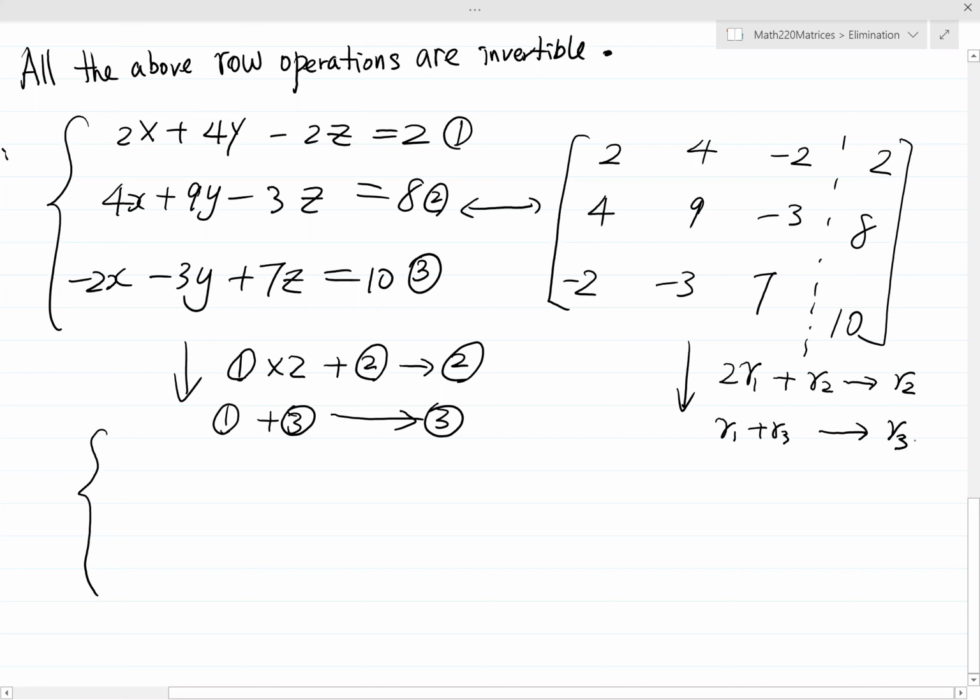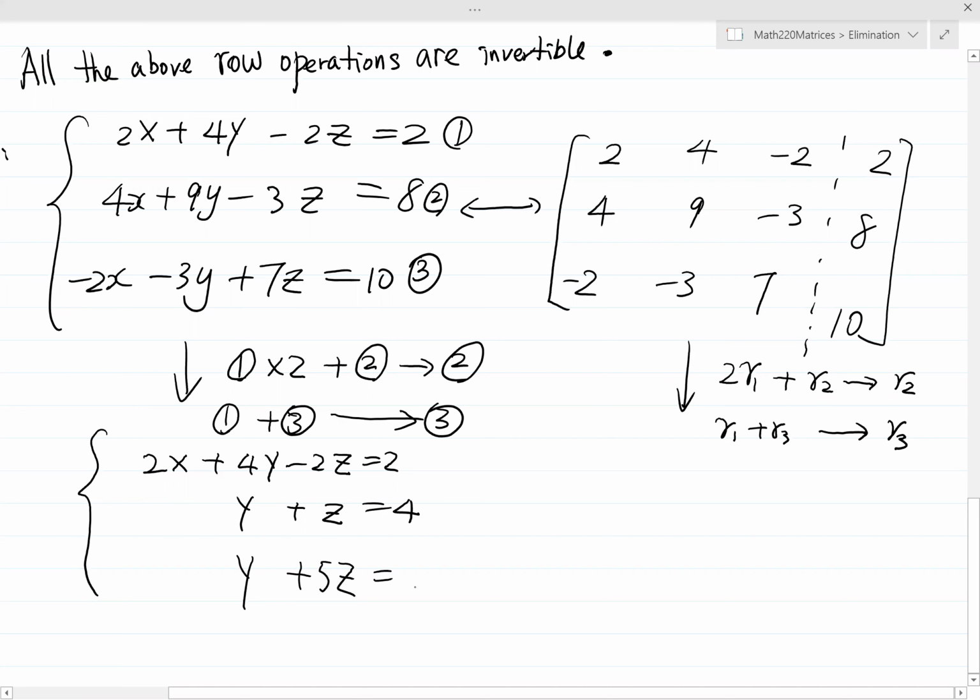So if you do that, you get 2x plus 4y. The first keep fixed. Minus 2z is 2. And then you have y. Now x is eliminated. Plus z is 4. And then for equation 3, equation 1 plus equation 3, add, x is 0 here. Now the y coefficient is 4 plus negative 3, so you get a y here. Now the z, we get a negative 2 and a 7. Add them together, you get a 5,